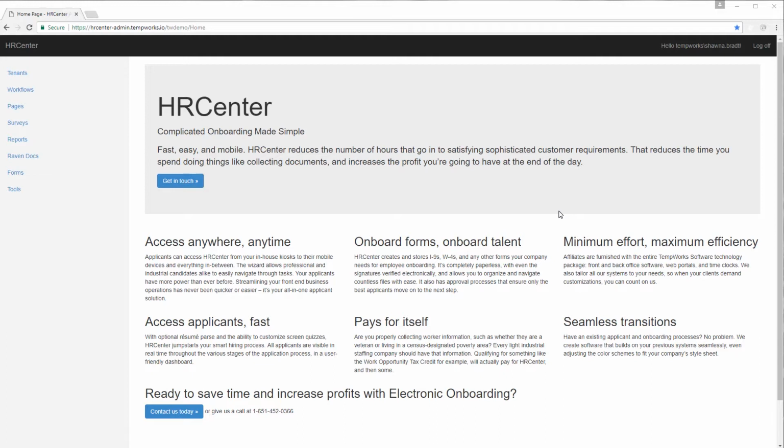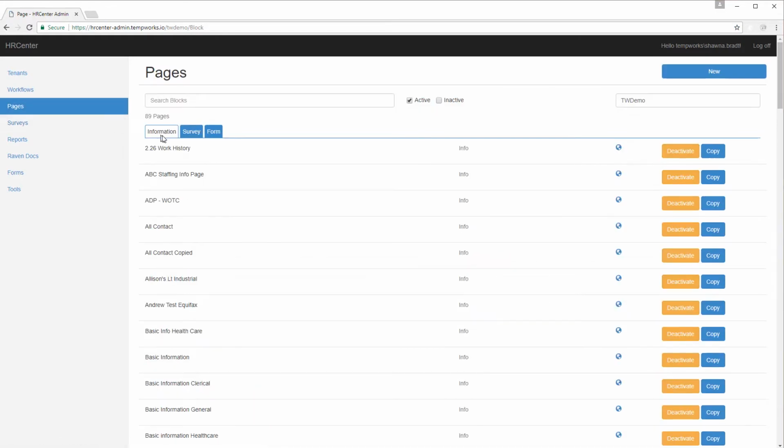All right, let's begin. So we've talked about how we create forms and how we create surveys. Next, let's take a look at our third type of page that we can create in HRCenter administration, and that is our info pages or information pages. Now, unlike survey pages and form pages, there's no need for us to actually build that information page from scratch like we have to do with surveys and forms. You'll actually see when I select the new icon in the upper right-hand corner,